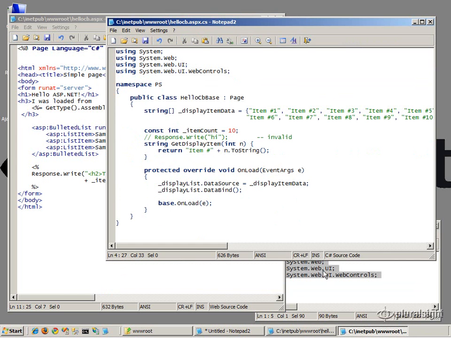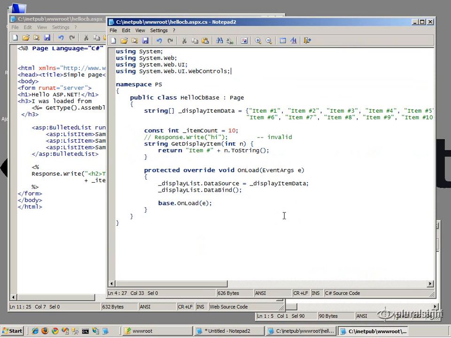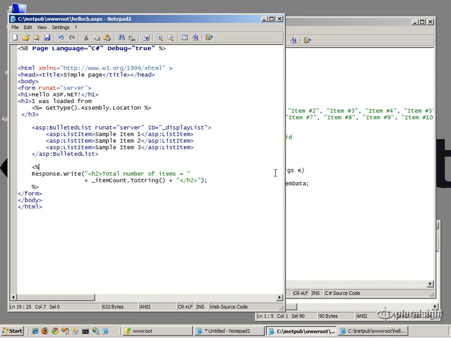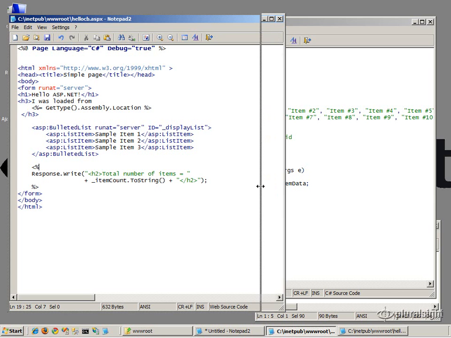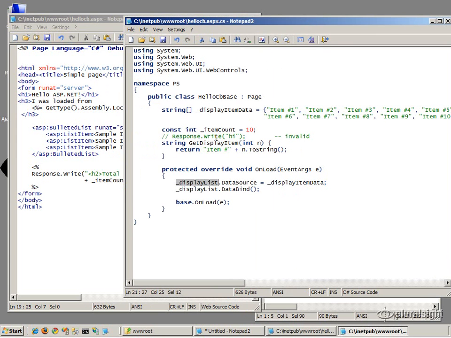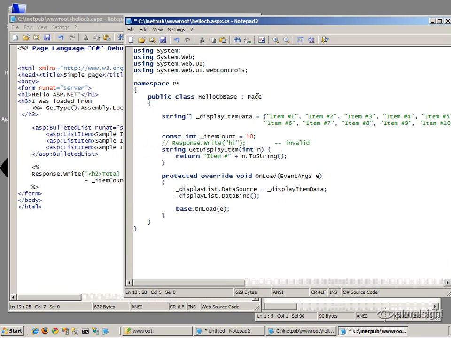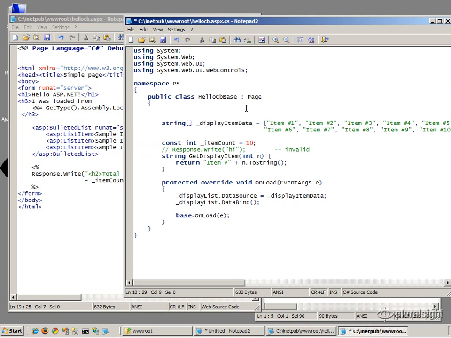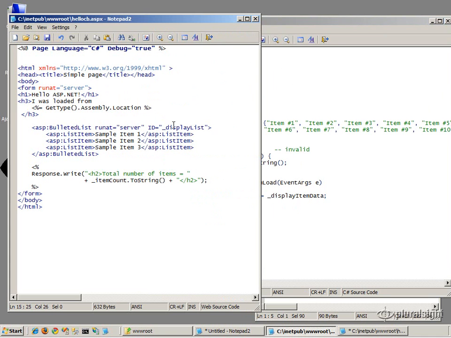Now that's almost ready to go. The one thing we're going to have trouble with at this point is our reference to the display list. Because this is a member variable that was implicitly added to this class definition when it was automatically parsed and compiled by ASP.NET. But we're not going to have access to it here because we're serving as the base class. So the technique in version 1 of ASP.NET to resolve these server-side variable references, this guy right here, is to go into your